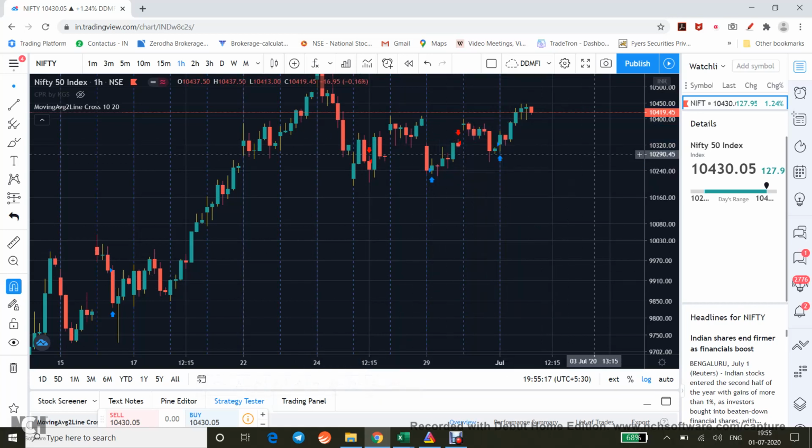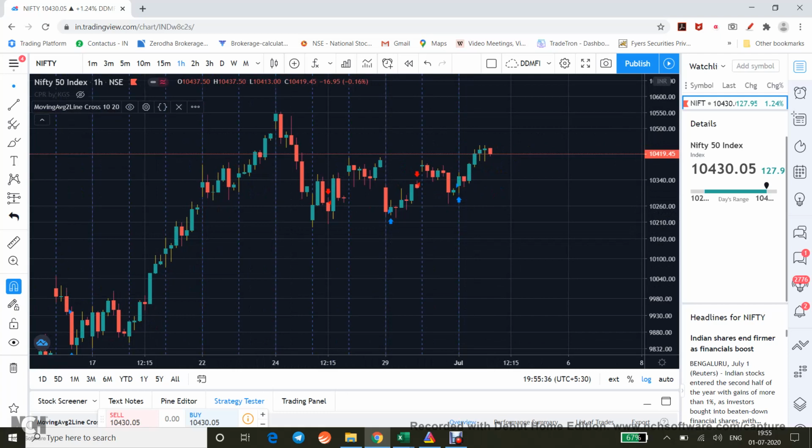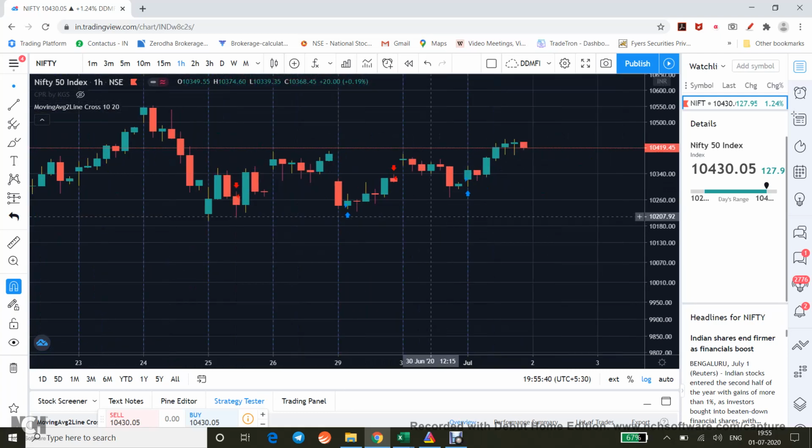One should test their strategy, whatever they've been using, to see whether it has been profitable in history over a long period of time, what the drawdown has been, how it has played on your emotions, etc. Basically you can open TradingView, and here I've kept a simple crossover of 10 and 20. Not necessarily this will work, but I just kept one for information. So say here your buy has been generated, or you say about this pin bar I will go long.